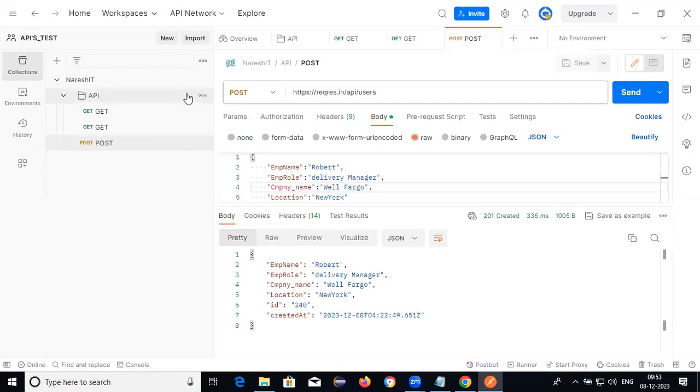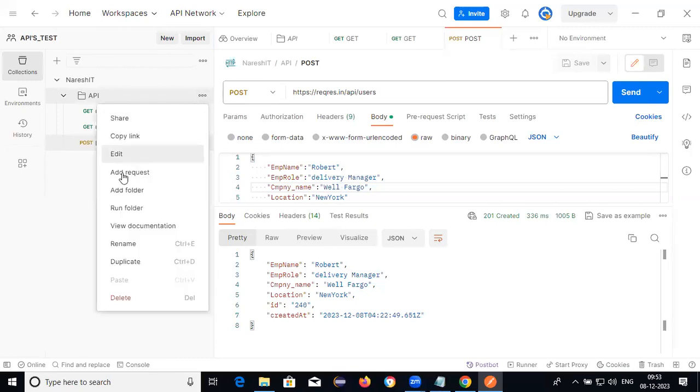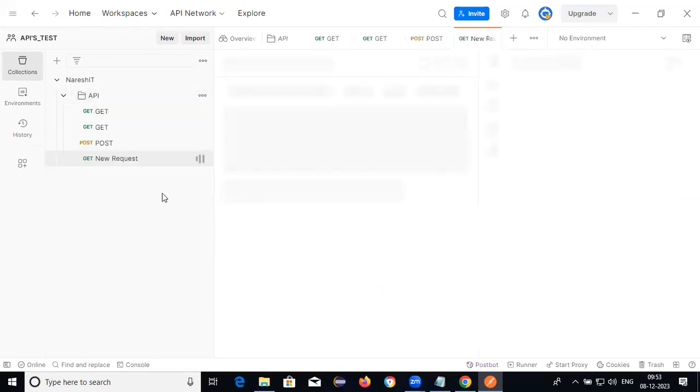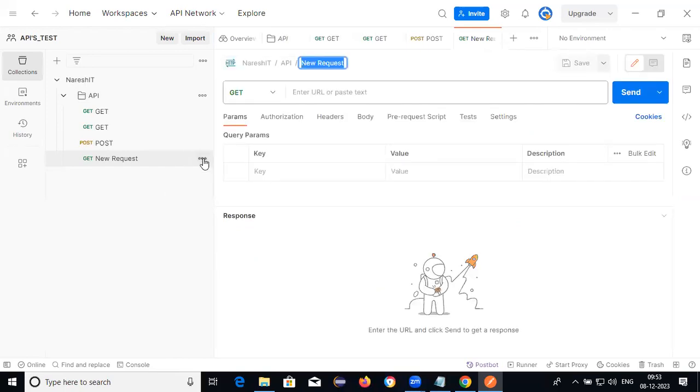Once you create the data, if you want to update, we need to provide put. Put is nothing but update. So what data do I want to update?